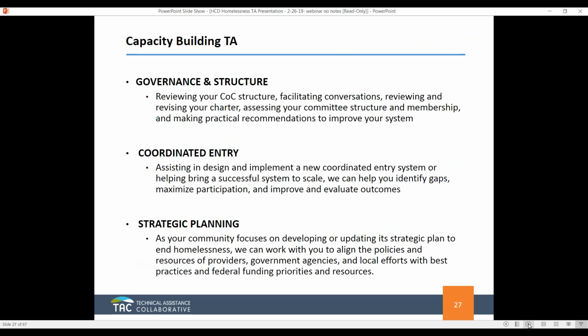Okay, so this is just a little bit more detail of what each of the bullets can incorporate. For governance and structure, it can range from us looking at your CoC structure, whether it's facilitating conversations and bringing your community stakeholders together, and figuring out if anybody's missing at the table, looking at your committee structure or membership, or making recommendations based on your overall system to make it stronger if you feel that it could use some work or it's lacking,